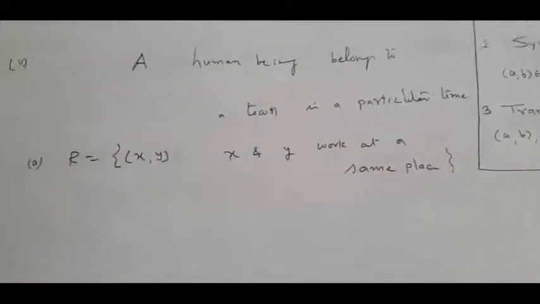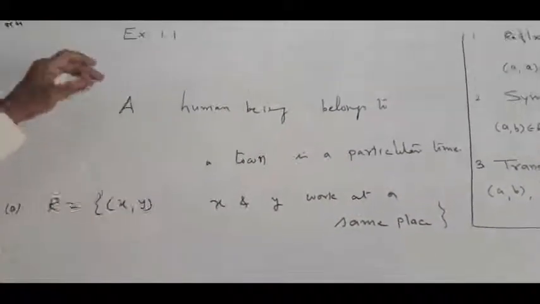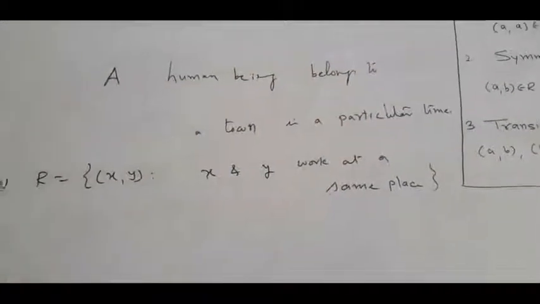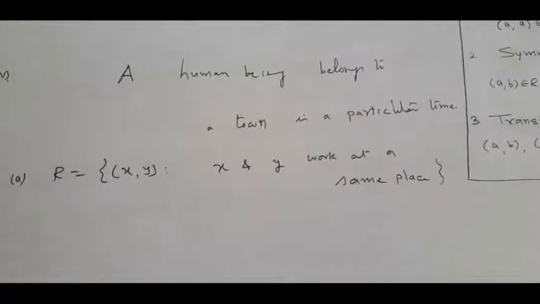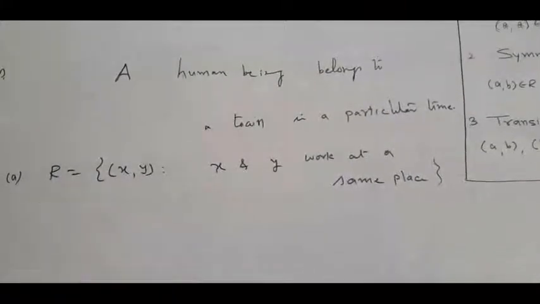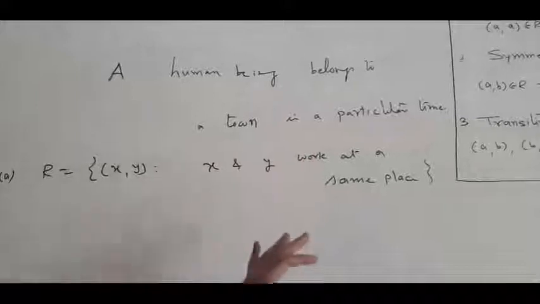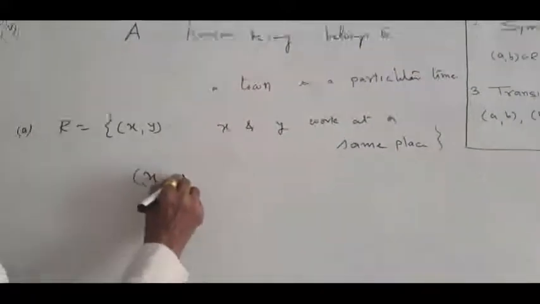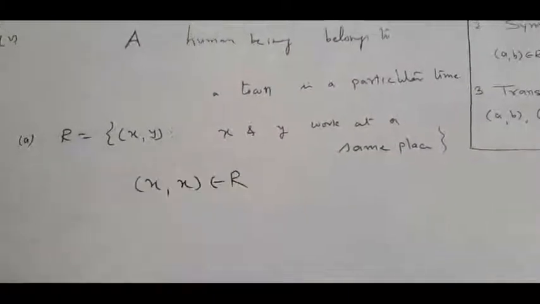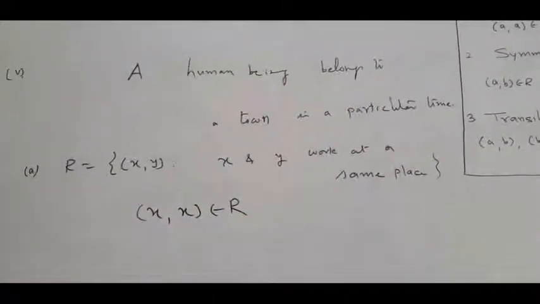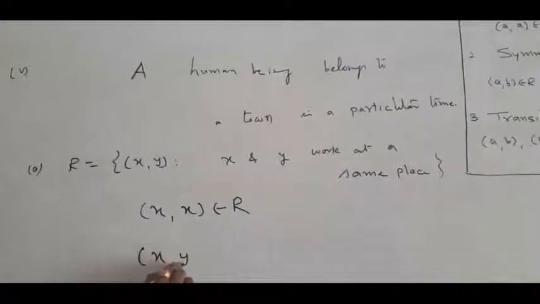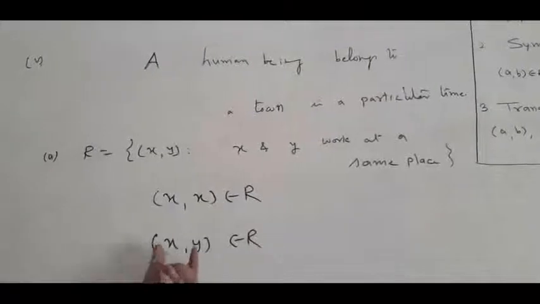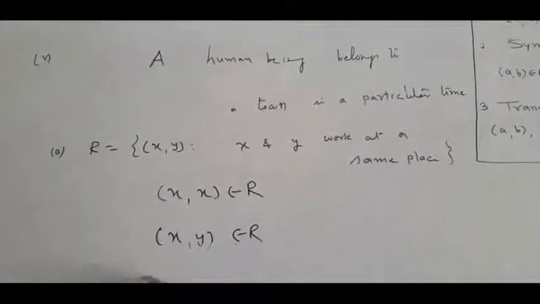Here, what is A? Here, x and y are all humans belonging to a town in a particular time. This is given here, right? Now, naturally, when (x, y) belongs to R, when x and y work at the same place, naturally (x, x) belongs to R because x and x work at the same place, right? (x, y) belongs to R means x and y work at the same place, then (y, x) also